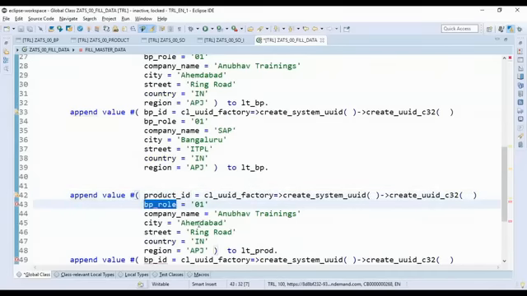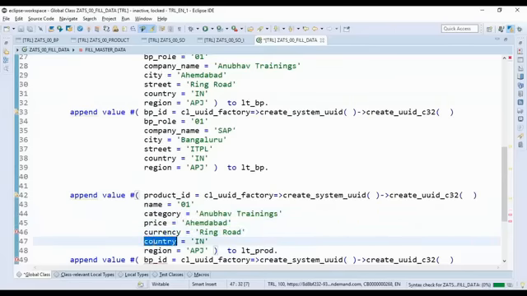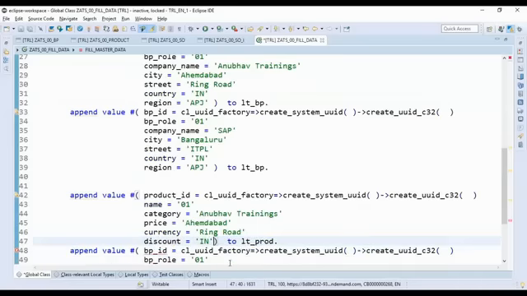Then we have product category, price, currency, and discount. So that's my product table. And let's fill in some data. 2% discount, currency is INR,